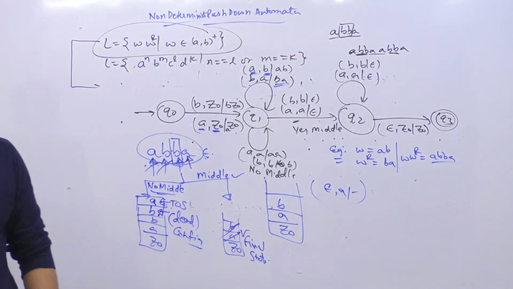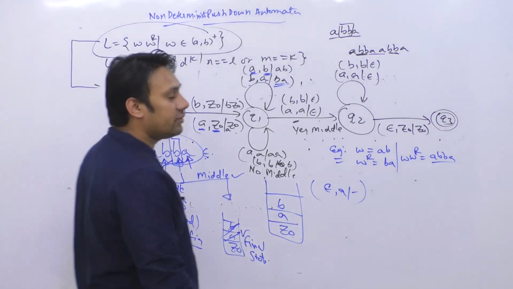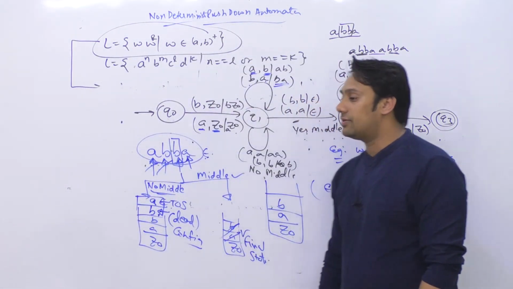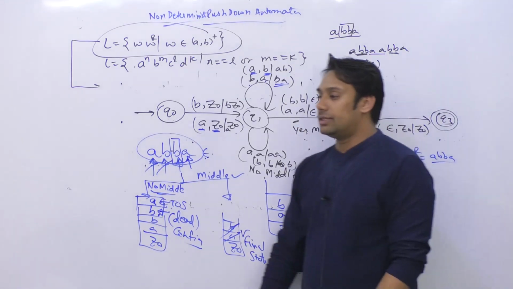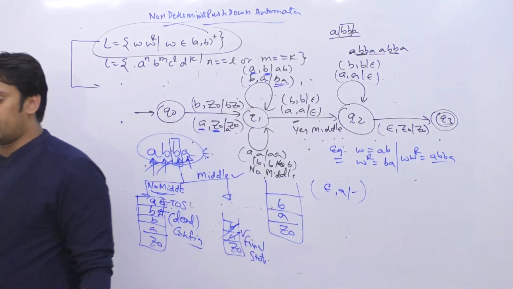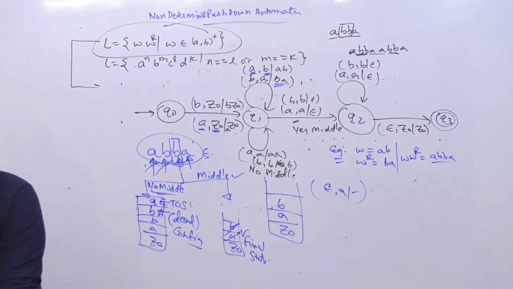So you can see every time where we are having these kind of cases, we are making two different transitions. That is why it is non-deterministic. Is it clear to all of you? Is there anyone who is not clear on this? I hope this much is clear to all of you.